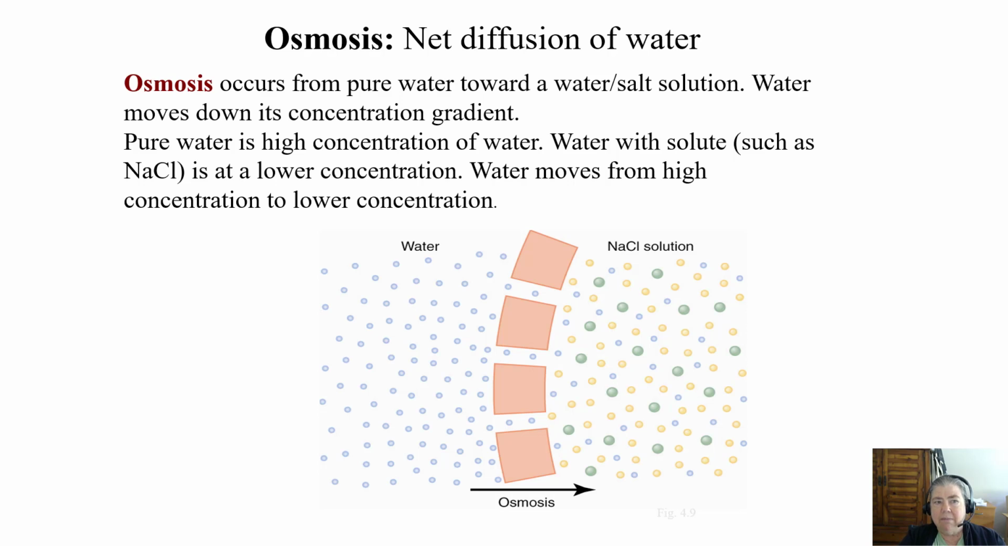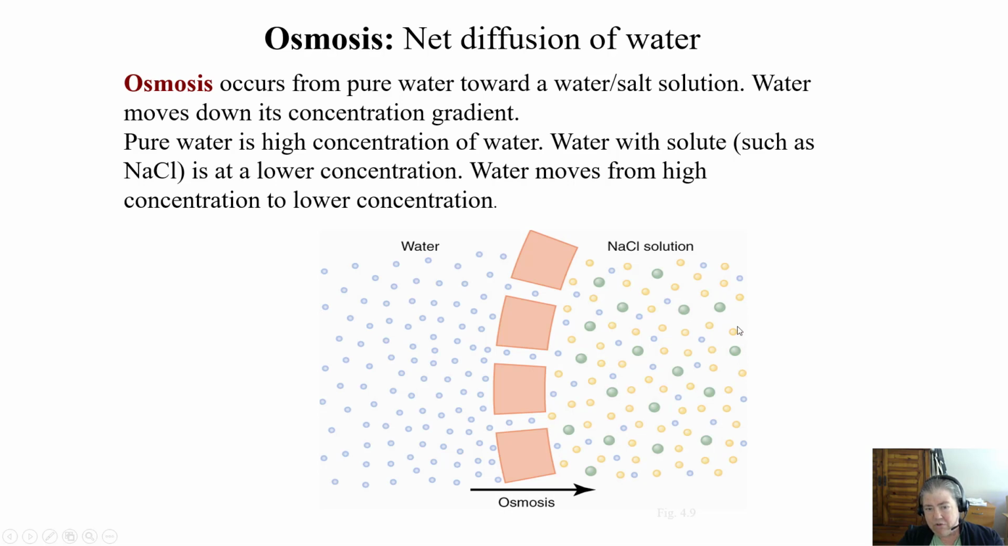Water moves by osmosis. So osmosis describes the diffusion of water. And it's always going to move from the higher water concentration to the lower water concentration. So what does that mean? Here we have a membrane with pores in it, and we have pure water on one side and a salt solution on the other side. If you look,